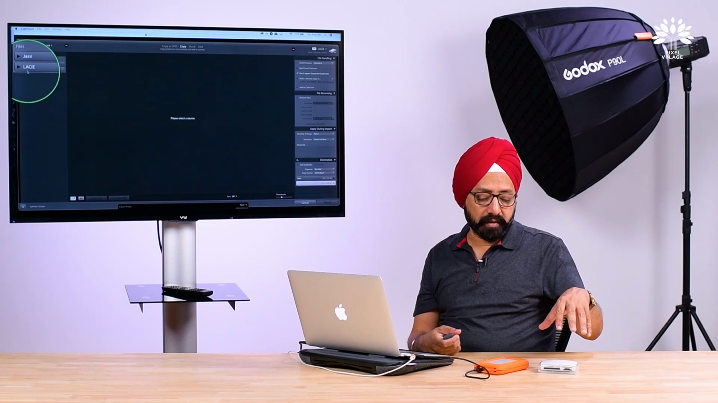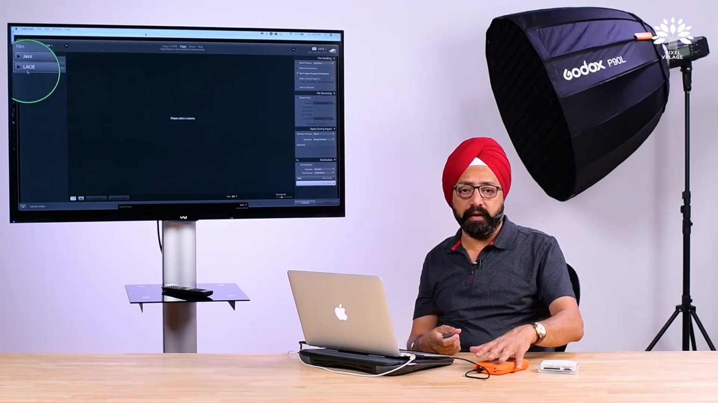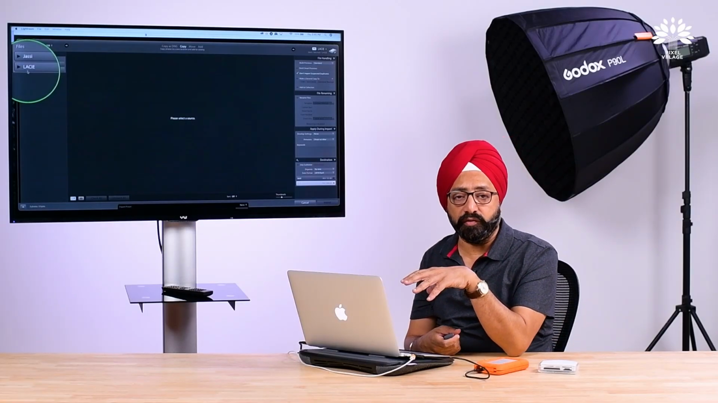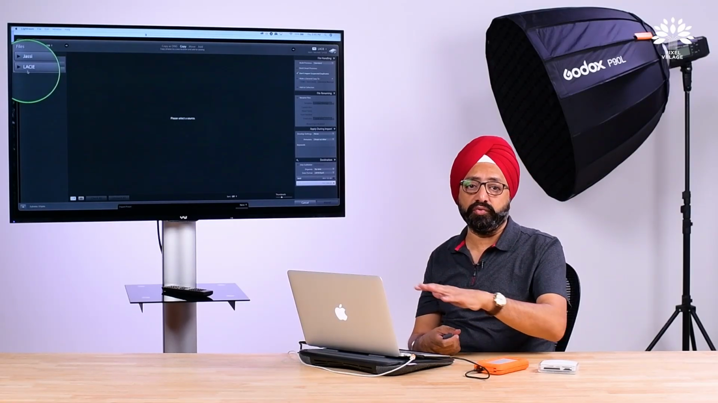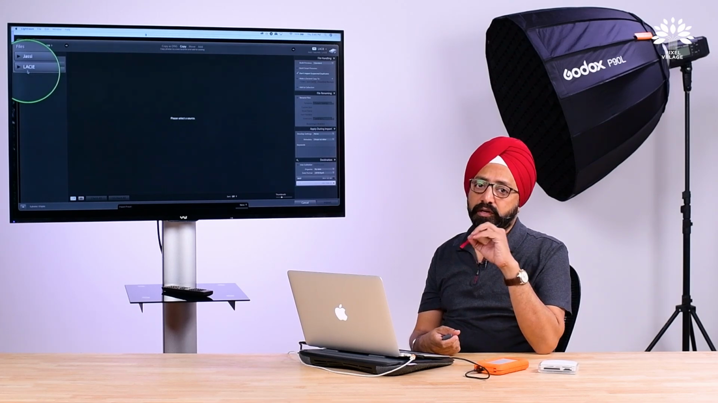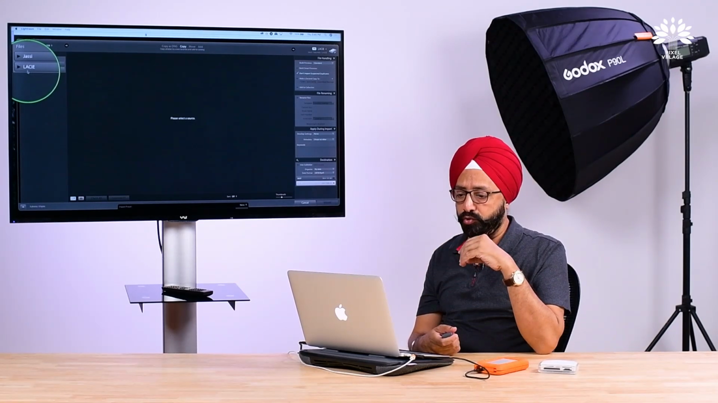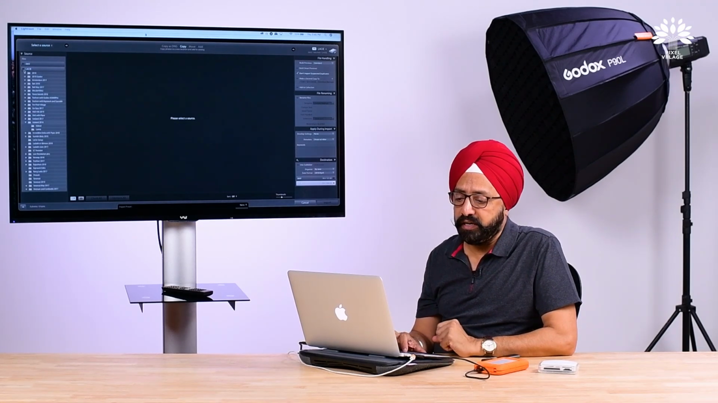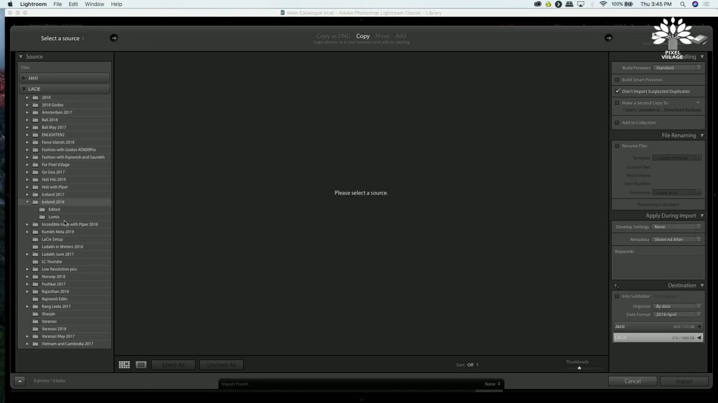So my first step in workflow is always to transfer my images from the card to my hard drive, and whatever images I feel I need to transfer to Lightroom for processing, those are the images I choose using this import button here, which I have just shown you. So what I'll do is I'll just click on this, and it opens up all the images that are there in this hard drive. So let me just choose